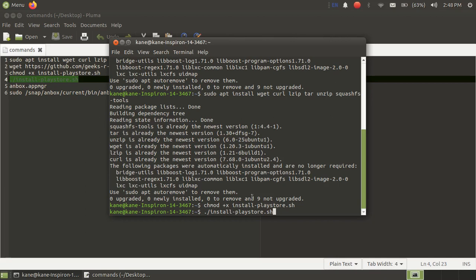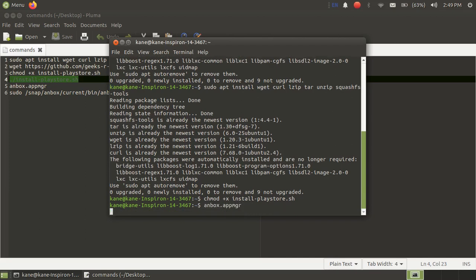It will take some time to install Play Store, Google Apps, Houdini, and after all the things are installed, then just open Anbox App Manager. Just type here the command anbox.appmanager to open Anbox.